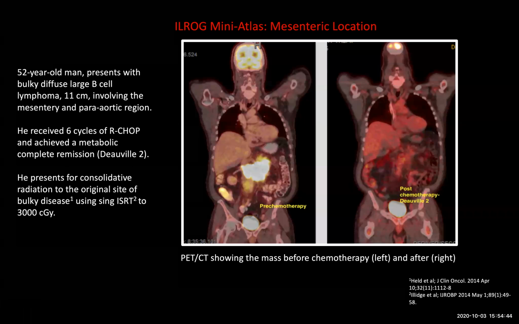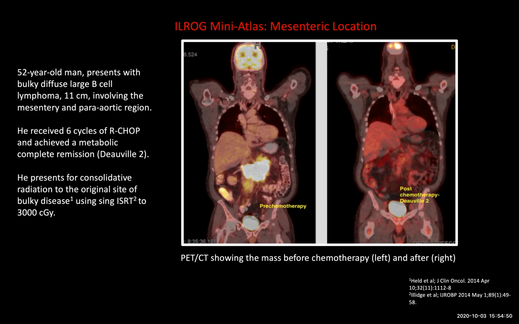Here we're presenting a mesenteric lymphoma in a 52-year-old man who presents with bulky diffuse large B-cell lymphoma, 11 centimeter, involving the mesentery and para-aortic region. He received 6 cycles of R-CHOP and achieved a metabolic complete remission with a Deauville 2, and now he's presenting for consolidation radiation therapy to the original site of disease, and we're going to do ISRT to a total dose